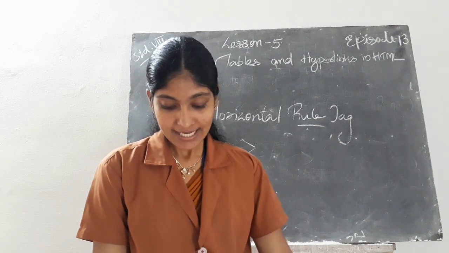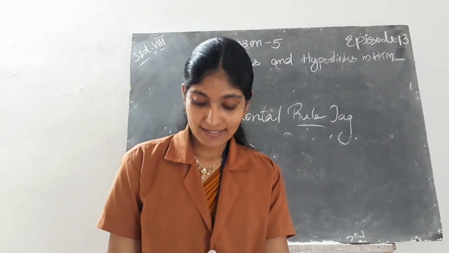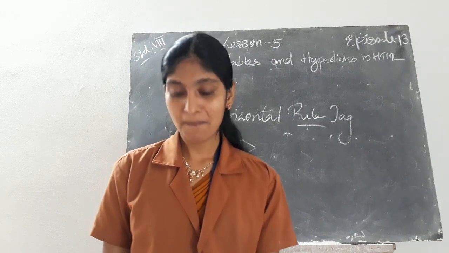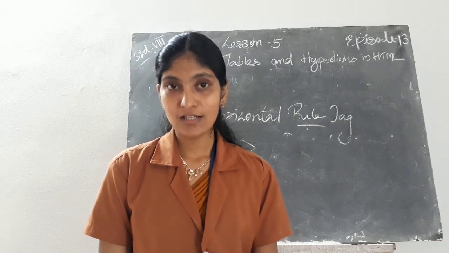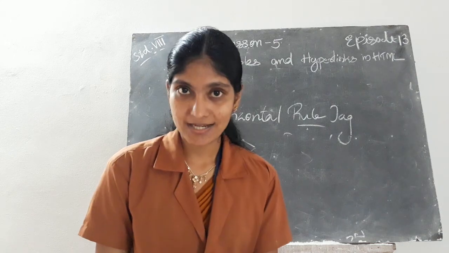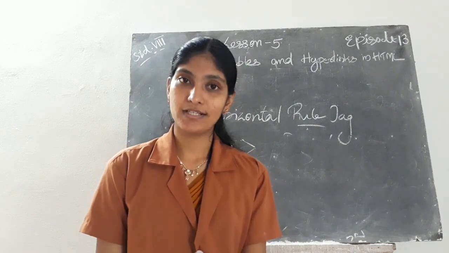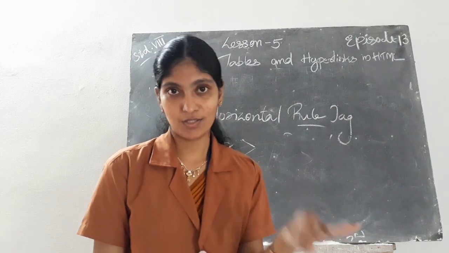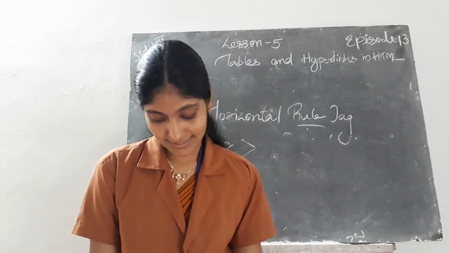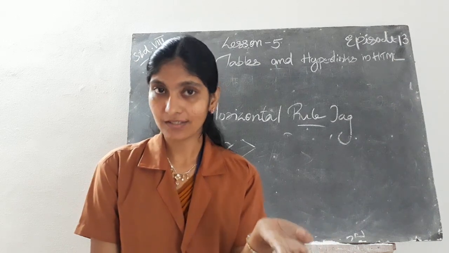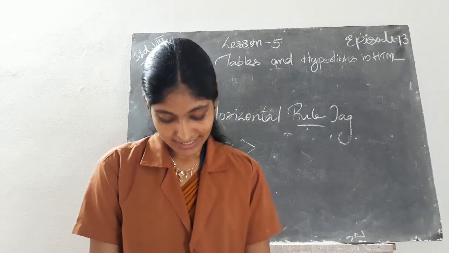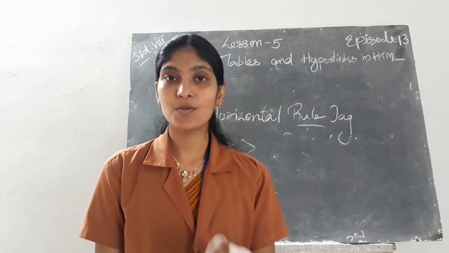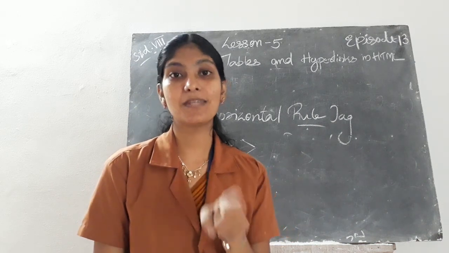Then next is the center tag. Center tag makes everything in between the tags centered. That means in the middle of the page. Then the font tag. The font tag includes 3 attributes: font size, font color, font face. Font size, that is N, varies from 1 to 7. Then font face, you can use it to set the type of the font. Then next is the line break tag. Line break tag means you can break the line using this tag, which is represented using BR.